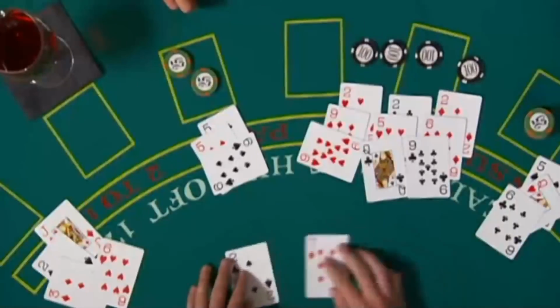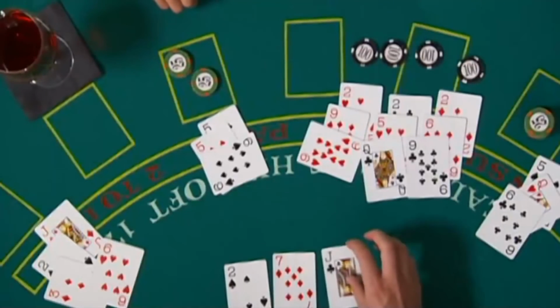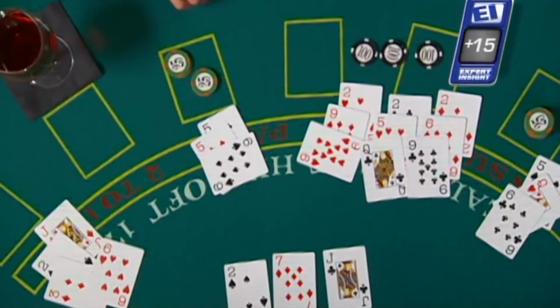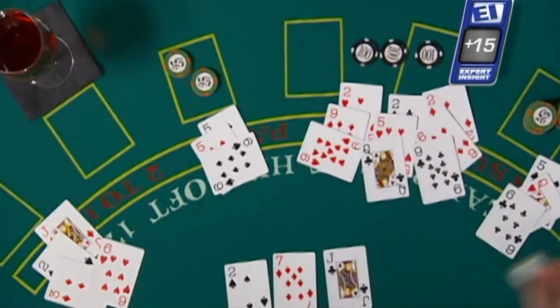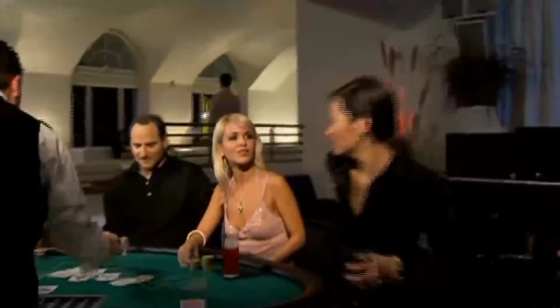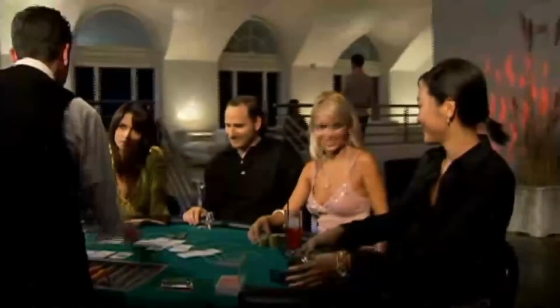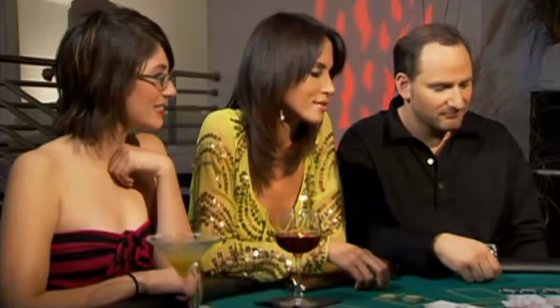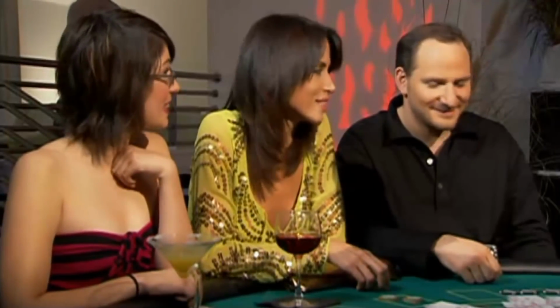Dealer opens up for 9. 19. The running count is plus 15. If you are able to keep count, you're on a roll. At 15, the count is getting favorable, especially considering the number of decks remaining in the shoe. The advantage has swung from the casino to us, because there are a lot of 10s and aces left in the shoe. Now is the